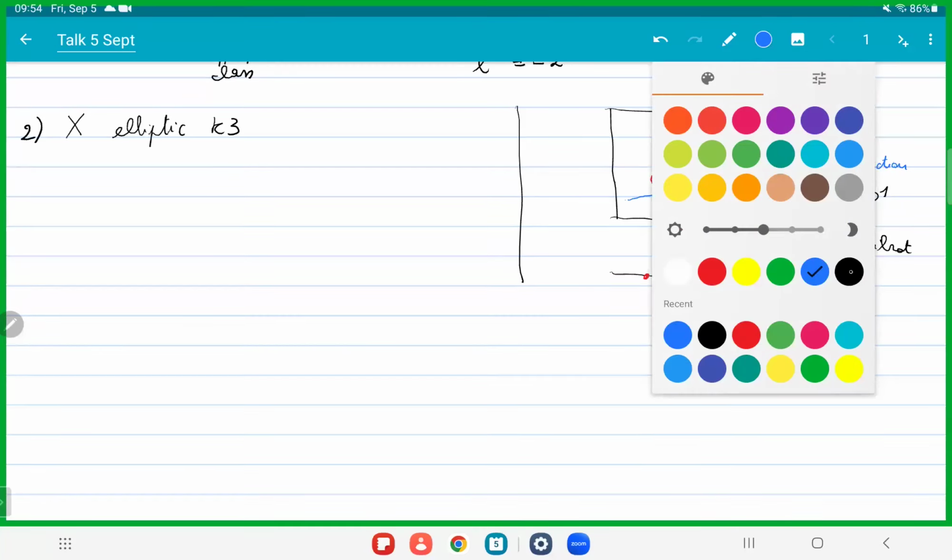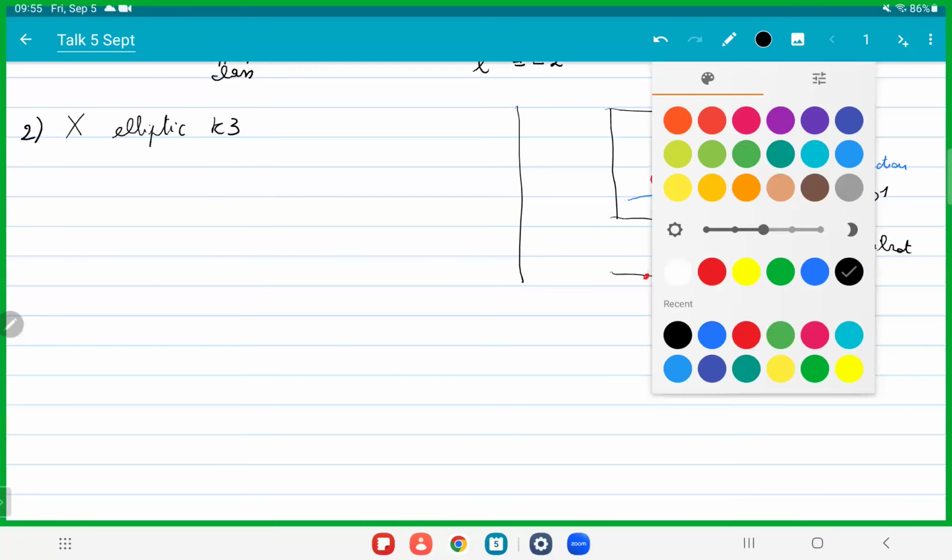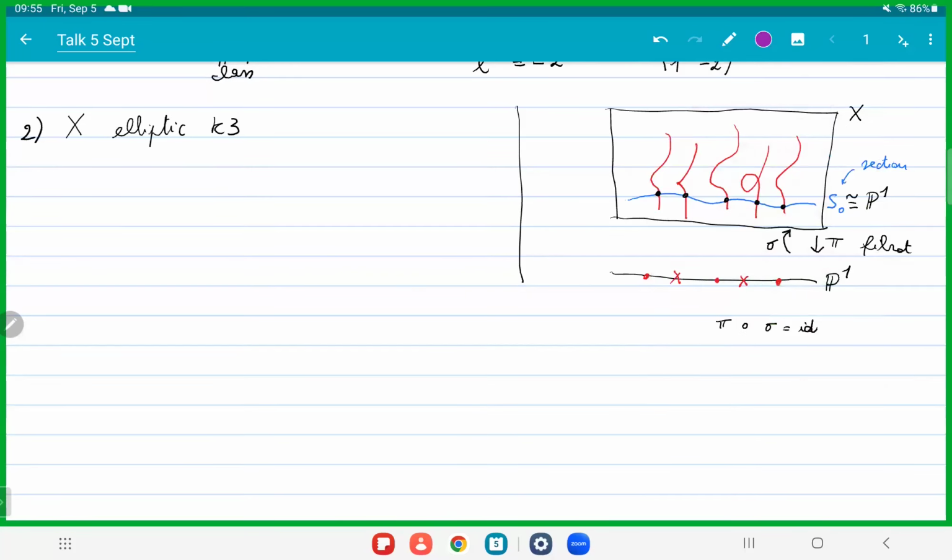And since we have elliptic curves as fibers, each fiber has a group law. So this means that now, whenever we have another section, let me draw it with another color. So let's say now we have another section here, S. Now we can do operations on sections, because let's say this is one section and then we have another section here, S prime.